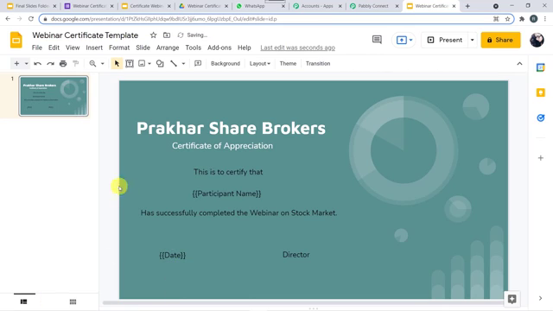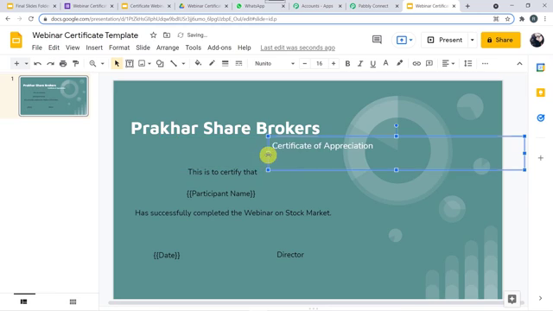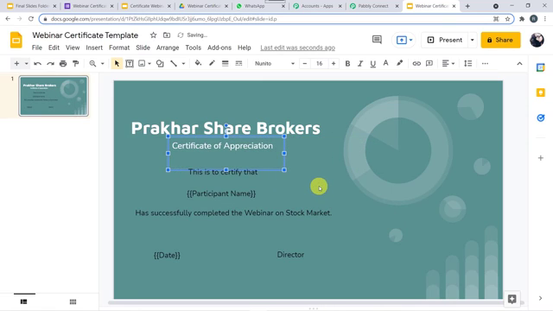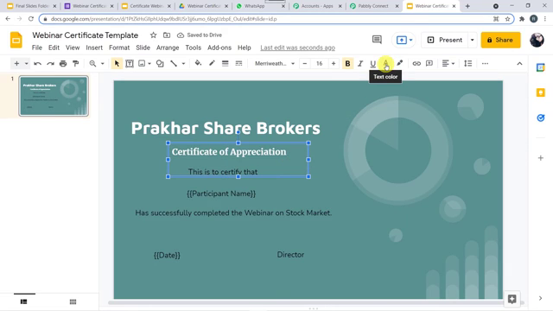So in this way we can even change the color of this particular box. Okay, I'll just make it a little bit small as it is too big. Okay, and now let us bring it in the center. We can make it bold. We can adjust the size from here. Okay, if you want to change the font, you can change the font from here. Okay, and if you want to change the color of the text, this is the text color box. You can change the color to any color you want.